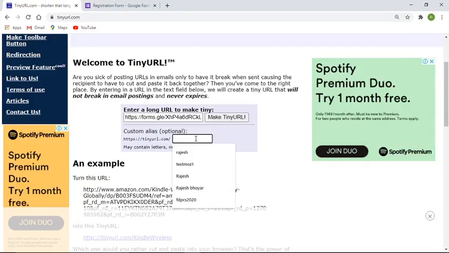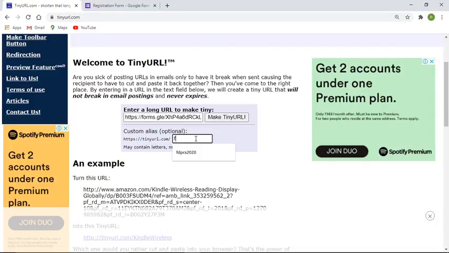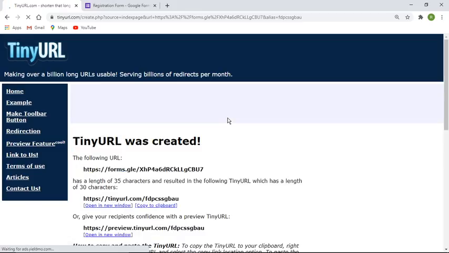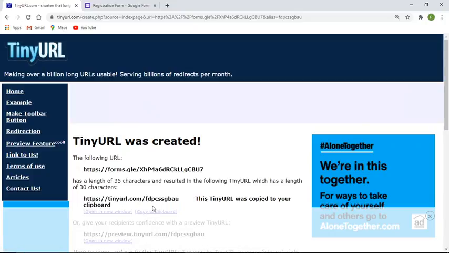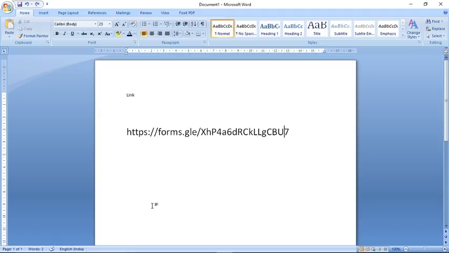So to avoid that, what I am using, I'll straight away place something simple: FDPCS SGBAU. So that type of thing I have placed, and I'll simply click on make tiny URL. Obviously if that URL is available, you can directly get that URL. So you can note over here, now my new URL is ready, and I'll copy it first of all. Copy to clipboard, I'll copy my URL, and again we'll move to the Word,